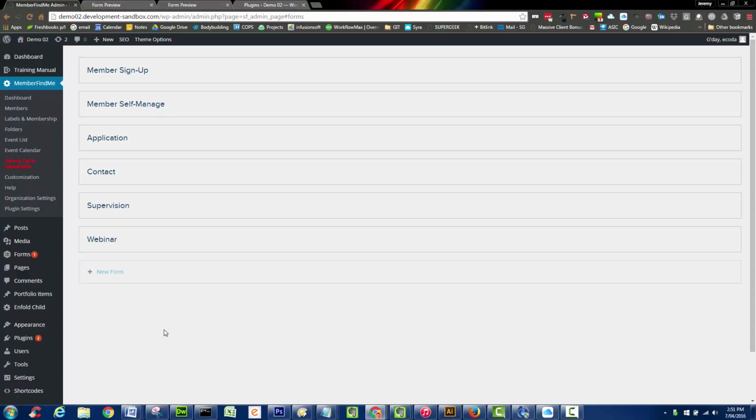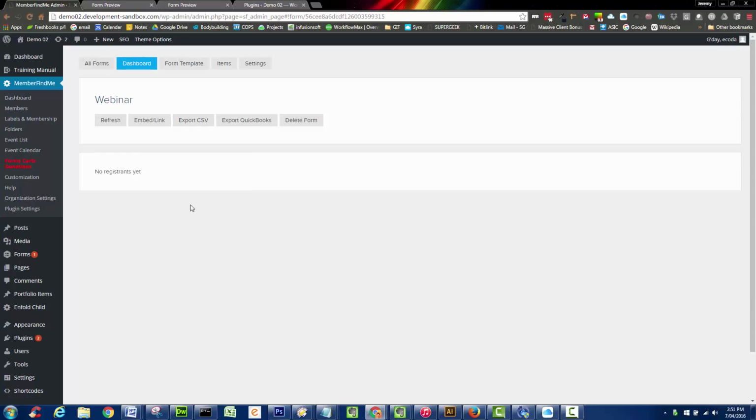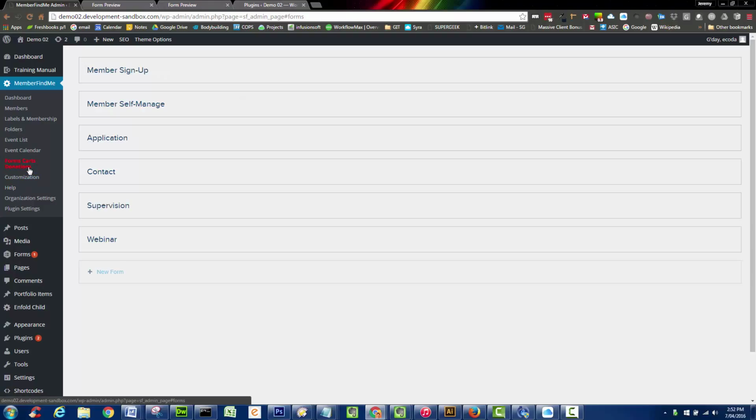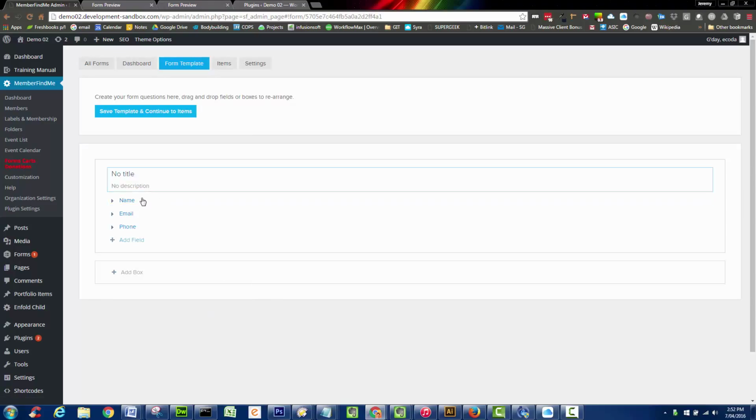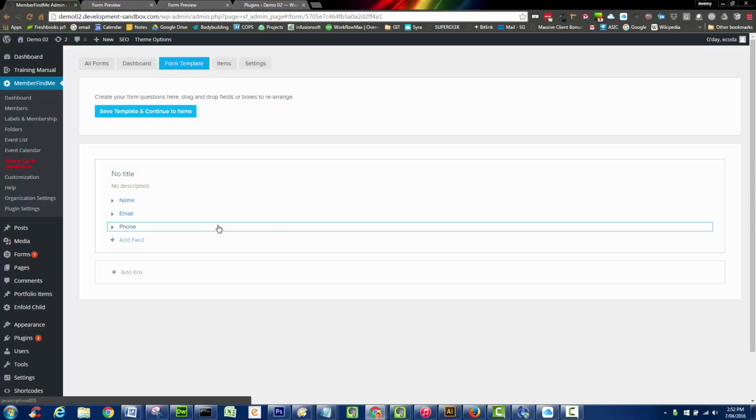Under forms, cards, donations, you can also set up individual items to sell. So if you wanted to create a standalone item, and this is one way that we did it with the webinar, just when I was doing testing. Actually, sorry, we'll create a new one. So let's go back. So a new form, and this might be sale item. So if there's something that you want to sell, you collect the data of the member that you want to sell to, or if it's just front facing,